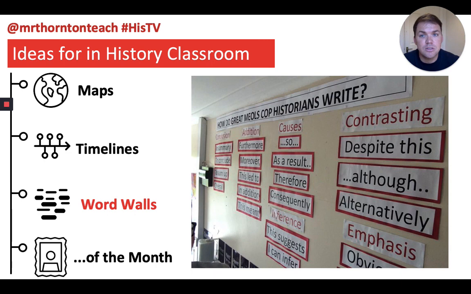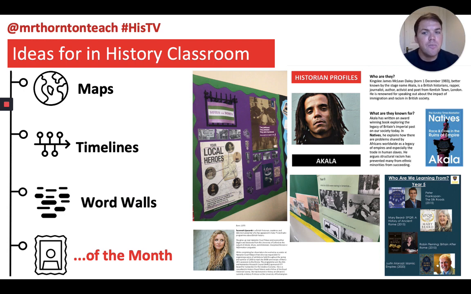Obviously, Tom Patterson's done an excellent video for History How-Tos on this. But you can also highlight the keywords for each topic that you are really hammering home. Maybe like 10 keywords that you've got for a topic like the Cold War, like détente. You could have those Frayer model words that you're really hammering on your board, and you can constantly refer to them throughout the lesson. And then lastly, this kind of 'of the month' style